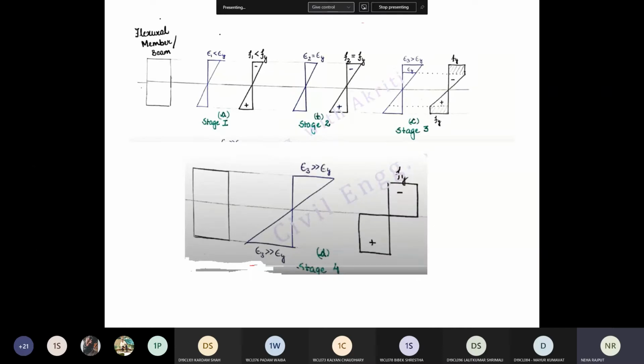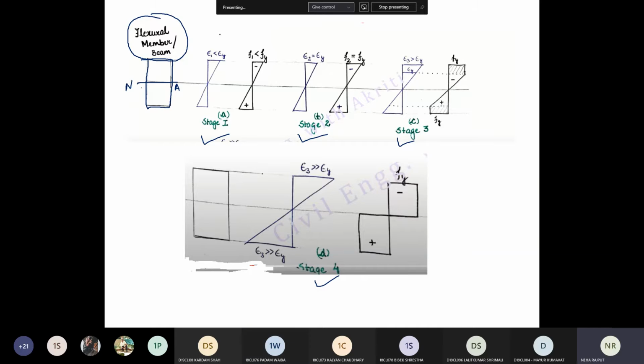If this is a flexural member or any beam member, if you remember your strength of material concept, this is the cross section of your beam, this one is the neutral axis, and if you have studied plastic analysis you must have seen these stages 1, 2, 3 and 4. Am I right? The 4 stages of plastic analysis.